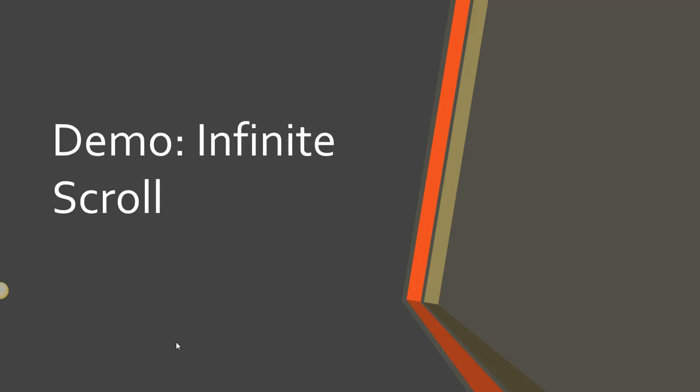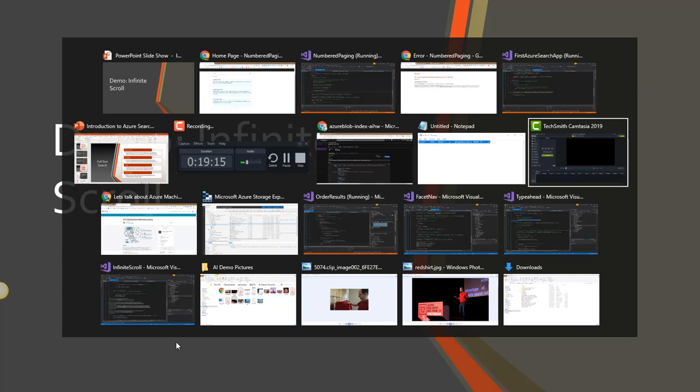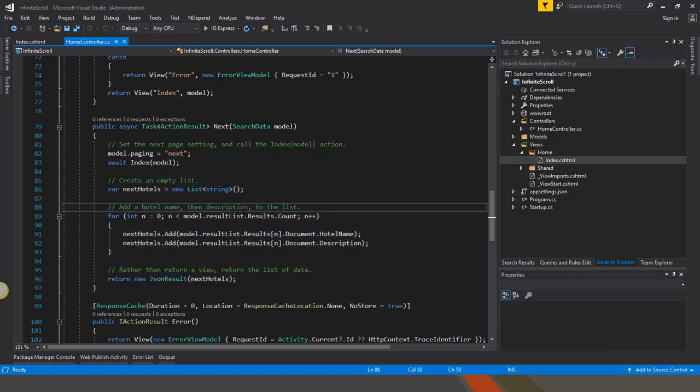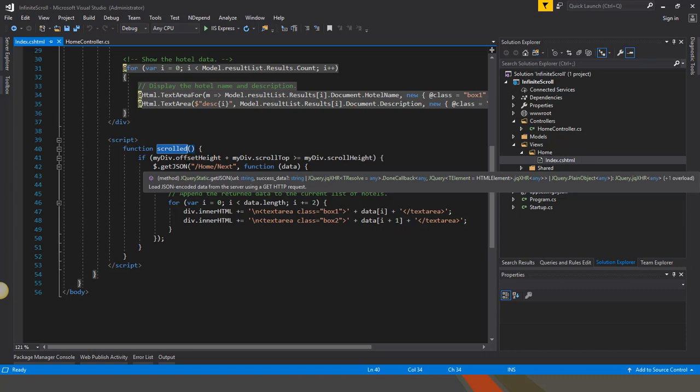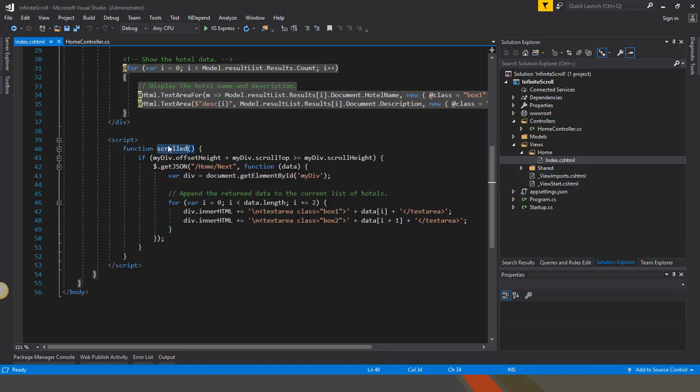Infinite scroll. So this is a combination of front-end code with back-end code. Like you do in Facebook, when you start scrolling, or in Twitter, the server side, it will be impossible to handle everything you want to see in one go. So there is an event here in the mouse, which all browsers support. Basically, when you go to the bottom of the page, you are calling the API again, and that's pretty much it. So when the scroll is executed, then we call the get JSON in this API home